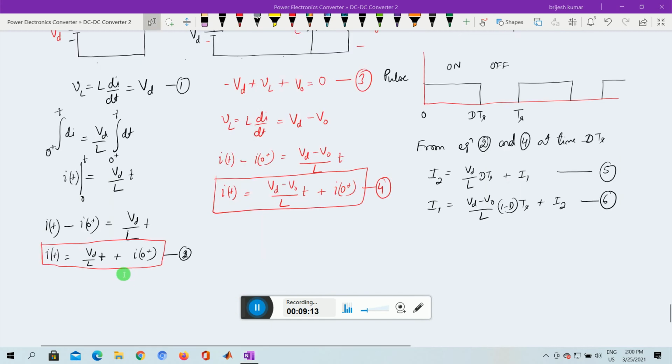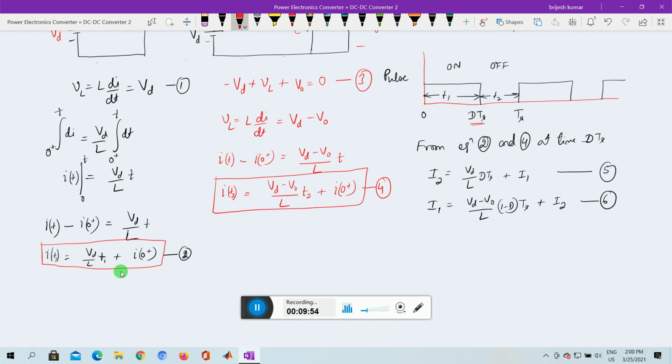Now from equation 2 and equation 4 we can also add that this can be given as the equation with t1 as a time. Let us say this is the time t1 and this time may be given as time t2. So if we write at t1, this will be i of t1, and here we can give i of t2, mentioning t2. So from equation 2 and 4 we can write by substituting the value at the end of the t1 time,